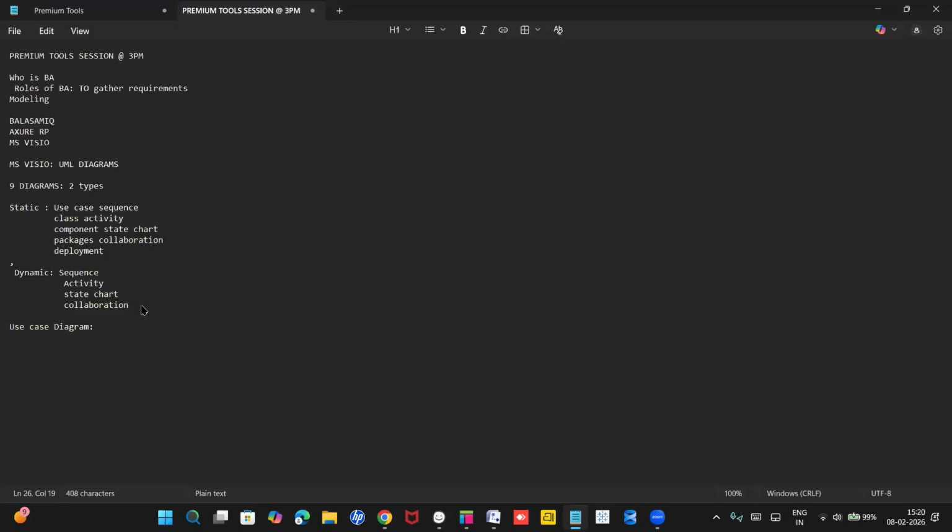Activity diagram. Activity diagram is from dynamic diagrams. So the activity diagram shows a visual representation of the workflow of the system, how the system is responding, how we need to show the system reactions. We will go through this activity diagram. So in use case diagram,